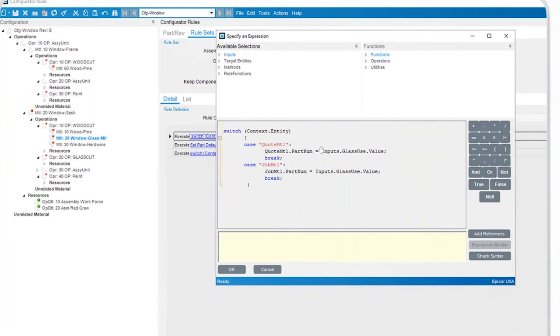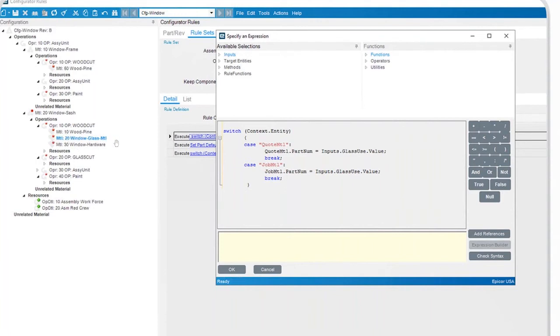So we just assign this value from our configurator form to our bill of material branch. And that's it. So we don't need to have all the options in our bill of material. We just need to have placeholders. So we don't need to have all the types of glass listed here. We just need one